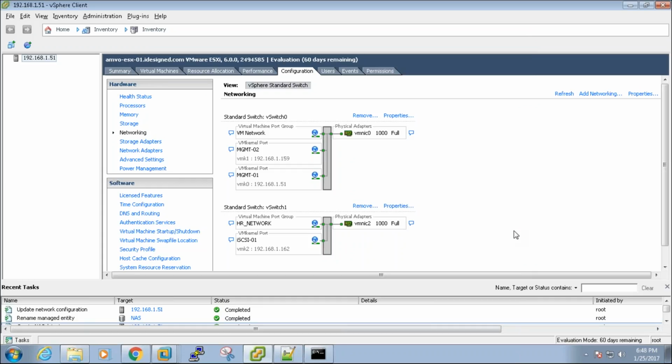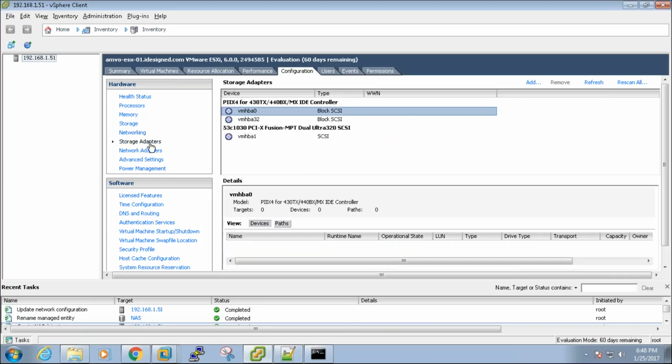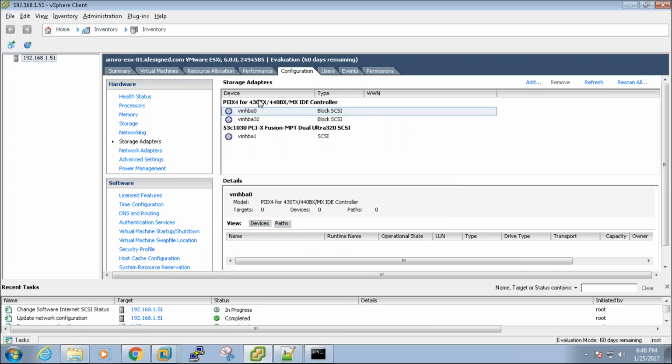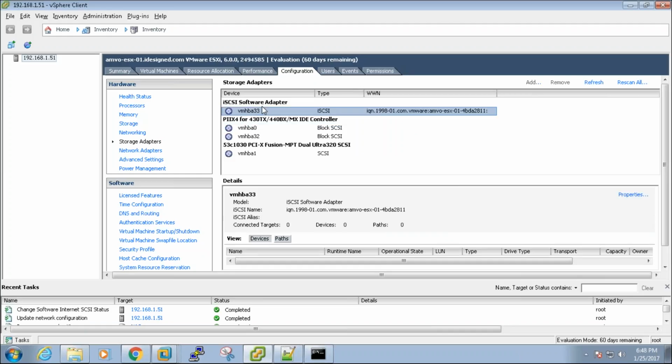But now what I am doing is, I've created an iSCSI port here. I go to storage adapters, and I'm adding an adapter here called add software iSCSI adapter. The moment I say okay, one more adapter gets added here. You see, software adapter. This is like a piece of software. Yesterday I showed you that to set up the SAN, you need something called an HBA, host bus adapter. Only then can you have block level access, otherwise you will not.